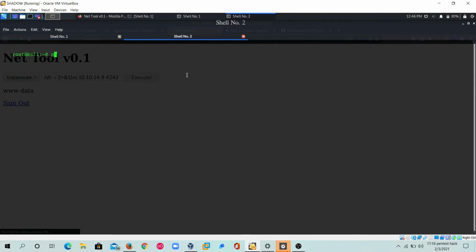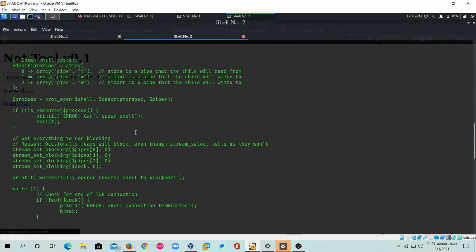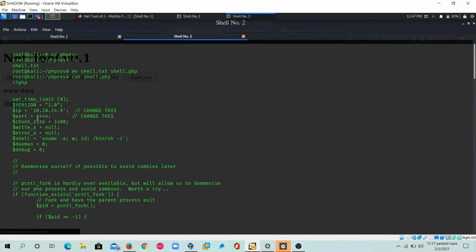I am going to use a PHP shell here, PHP reverse shell. In this directory there is my payload, shell.txt to shell.php. So if we see here in shell.php, I have used port number 4444.